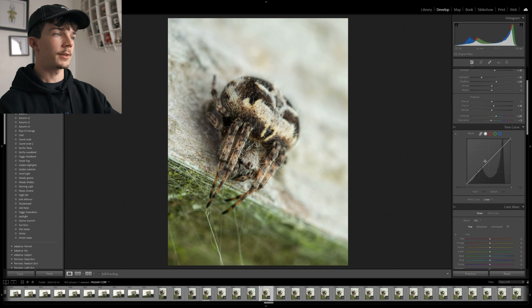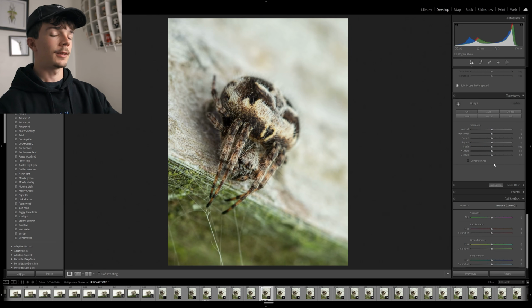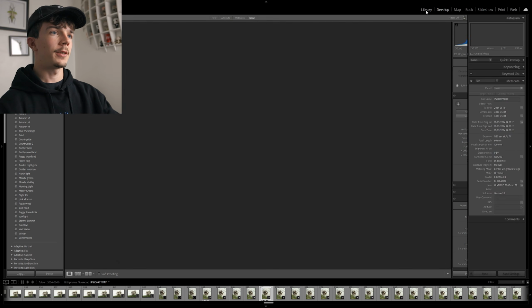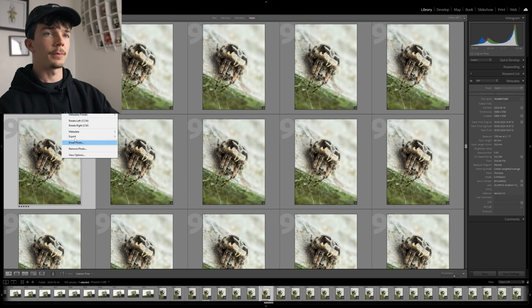Sometimes I adjust the tone curve, generally just doing an S curve or something like that, if there's barely any contrast in the image. But at the moment this image is looking quite contrasty, so I think I'll leave that. Yeah, and that's about it for editing. So what I do then is copy the settings from that image,